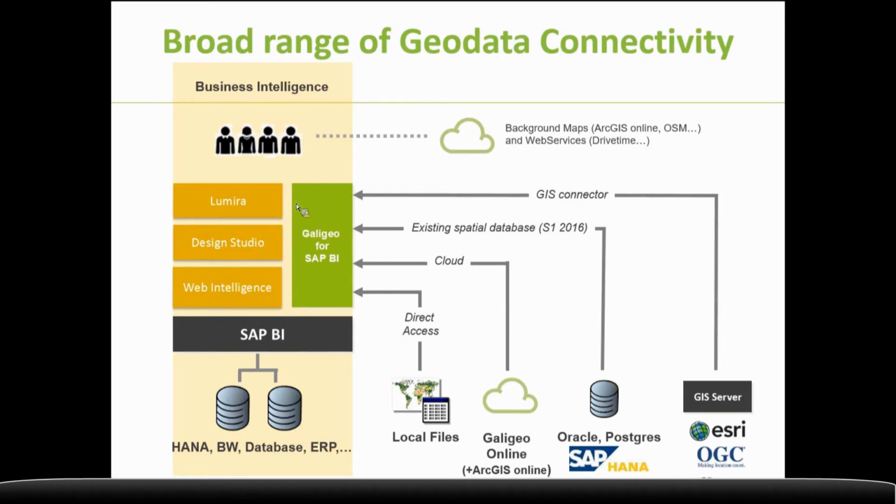Galigeo is also represented, more on the side of business intelligence. On the right-hand side, you're going to see your GIS data sources. Some of these could be big GIS data providers like Esri that we mentioned earlier, but it's not just limited to that. You can use other data sources like Oracle, Postgres, SAP HANA, and also traditional ones that we see are shapefiles or GeoJSON, where something's been defined in a flat file that you can very easily call into the